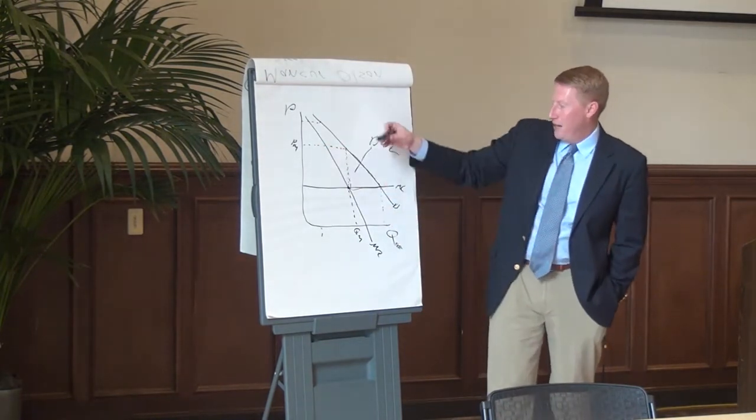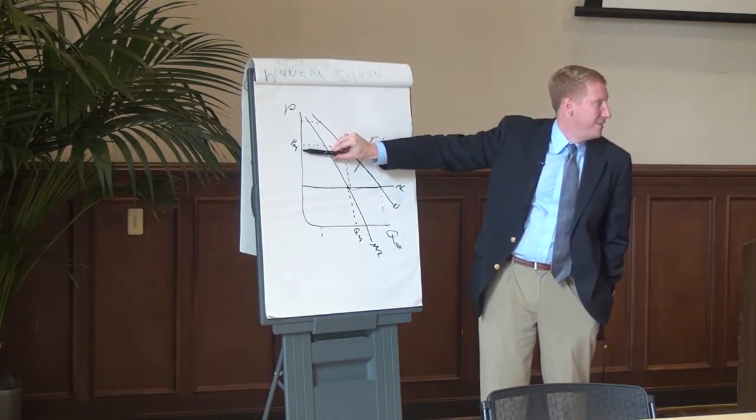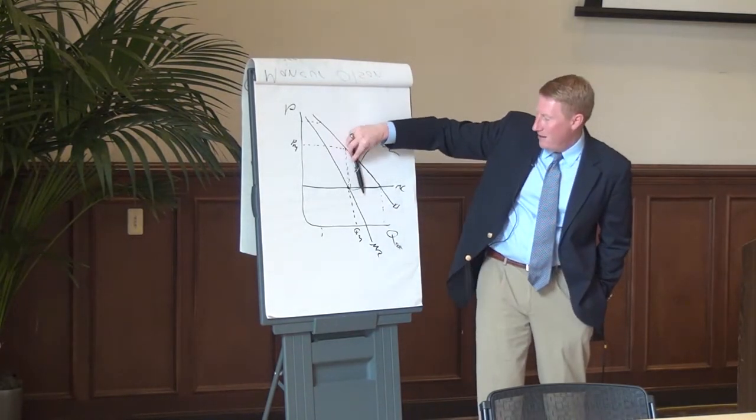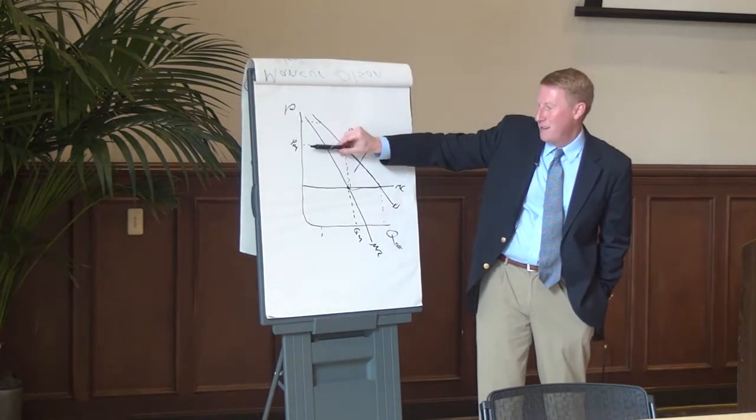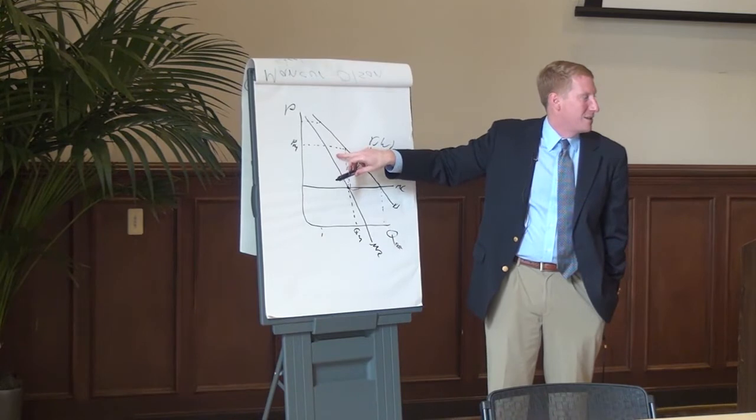This is basically each time you lower price, you lose, you can see the little rectangle on the top here with my pen, the revenue there, and then you gain the revenue you pick up here. So it's measuring the size of that loss against this gain, and this is where you maximize the size of it. So this is your max total profits.